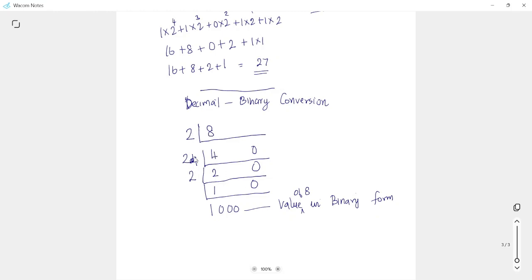I kept on repeatedly dividing it by 2, and I noted down the remainders until we get to a place where the remainder is less than 2. And then you take all the remainders, put them together, and you will get the value of the number 8 in binary form. Let us take 1 or 2 more examples,